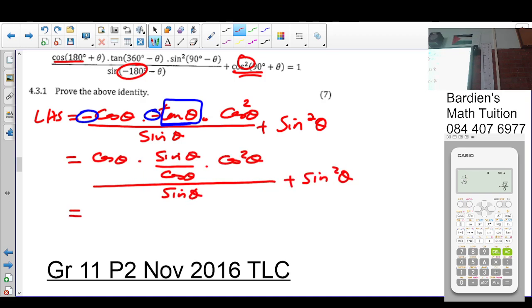Now what? Cancel the cos, not so. So we have sine theta cos square theta over sine theta. Now what? Sines cancel, not so. So what do I have? Cos square theta plus sine square theta, which is equal to the